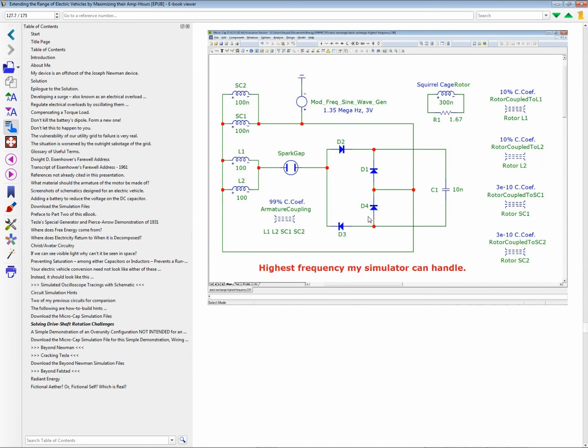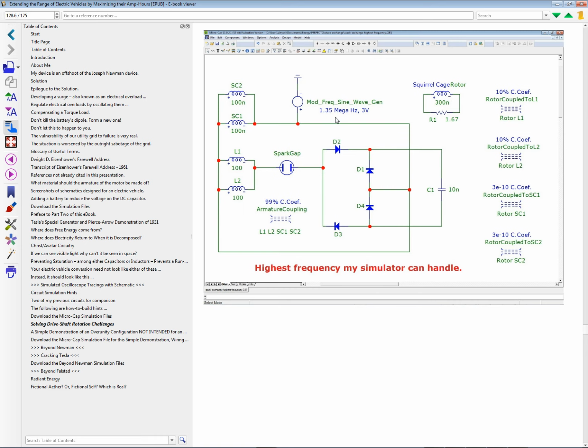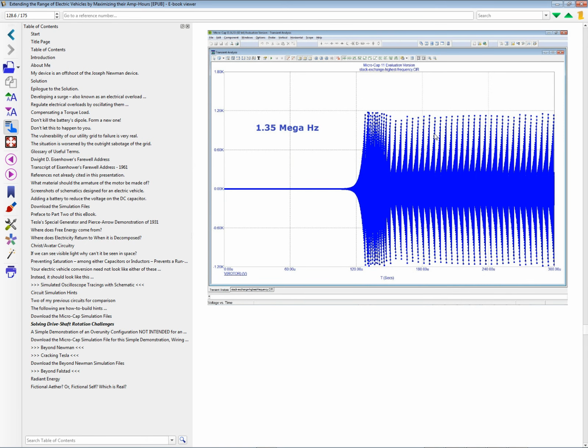is to create a simple circuit, two circuits. This one is the higher of the two, so this has 1.35 megahertz, and I picked that arbitrarily. Well, not arbitrarily. It was the highest I could go before my simulator would crash on me and give me all kinds of error messages when I extended the duration of the transient analysis beyond a tiny amount. So I couldn't really get a good waveform. So I was limited to 1.35 megahertz with 3 volts in order to get a nice 30 micros, 300?